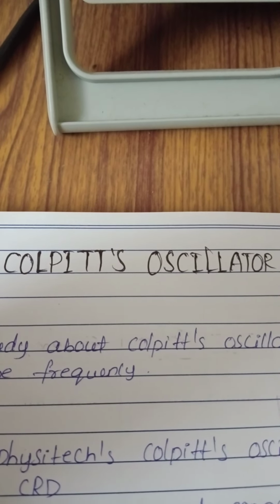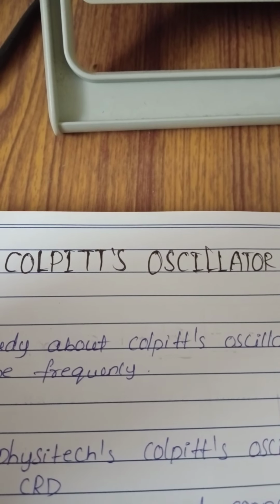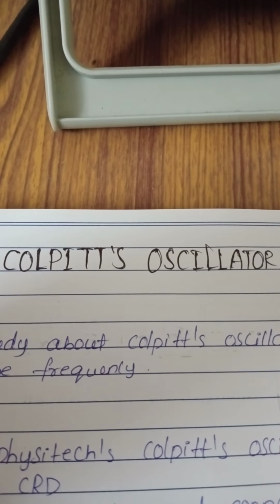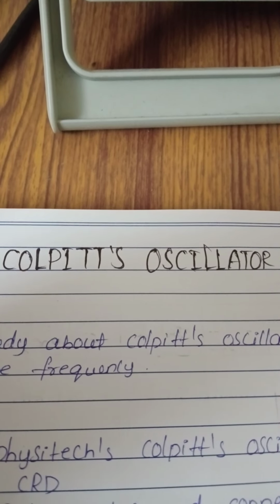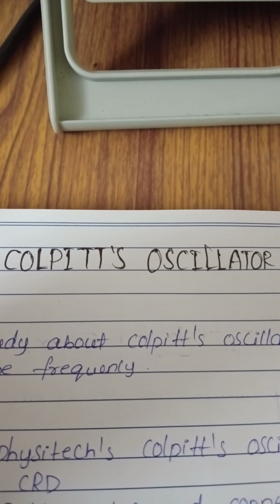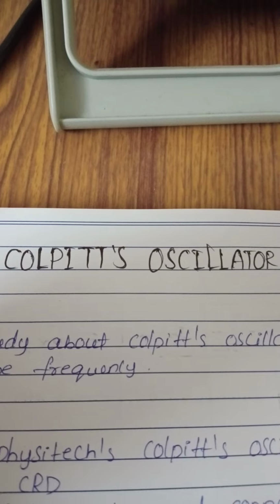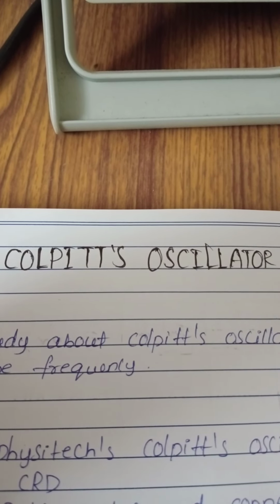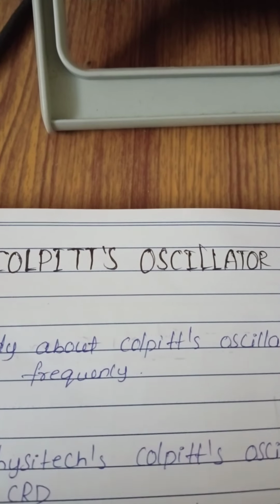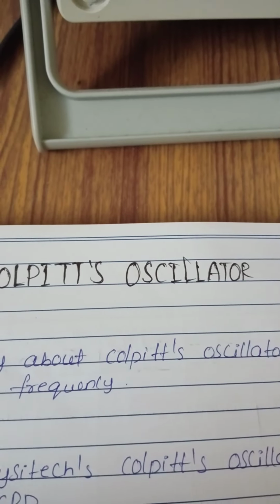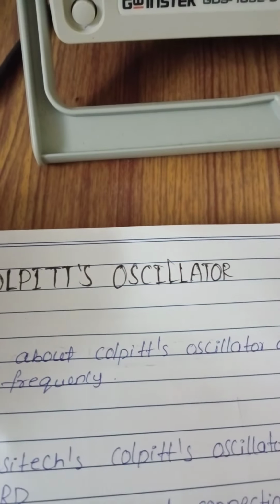In this experiment we will be dealing with a kit. A constructed kit is already there in our lab, and we will be dealing with a CRO. We can connect it directly. It is a very easy practical. Today we are going to see how this Colpitts oscillator can generate the output frequencies. As we know, we get the output without any AC input. So what is our duty? We have to calculate the frequency of the Colpitts oscillator.